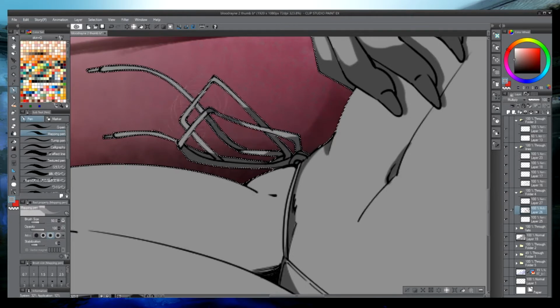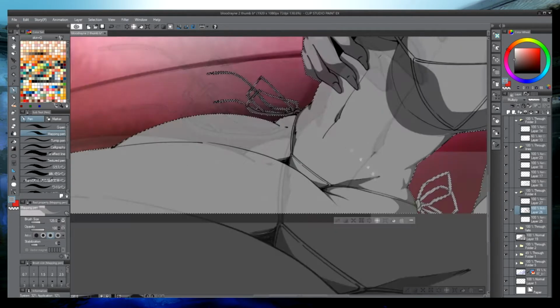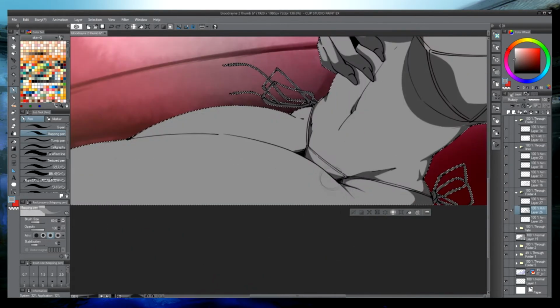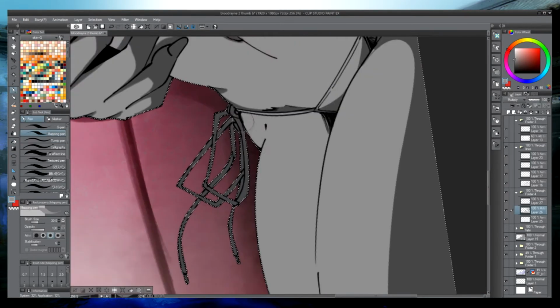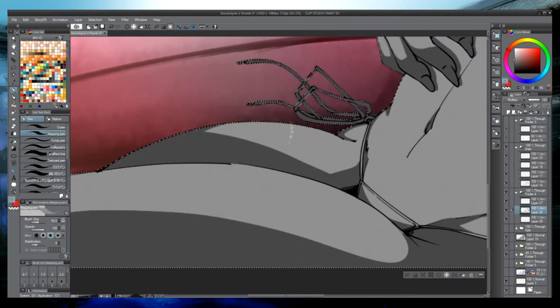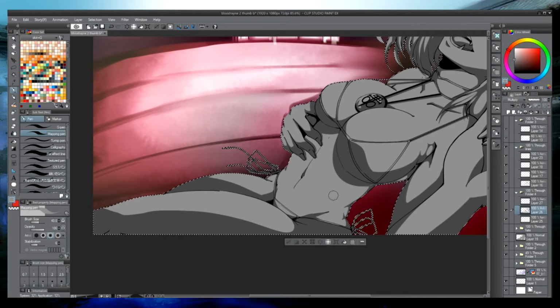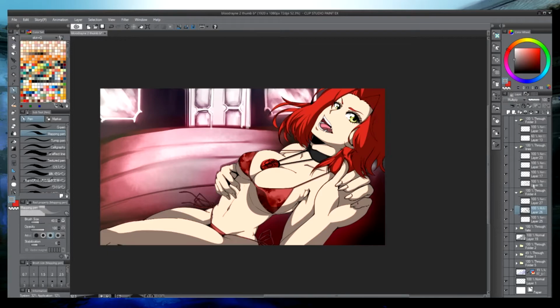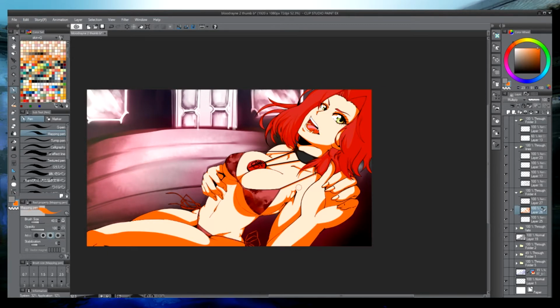And don't be afraid to add giant clumps of black like that. Sometimes that works. Sometimes that's just the way shadows work, and I felt like that's the way the shadows would be on her legs, and I did it, and it looks fine. But